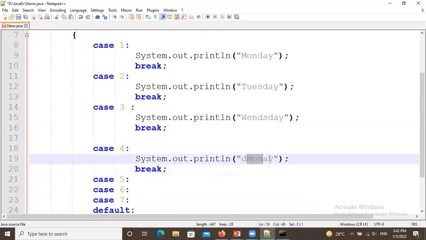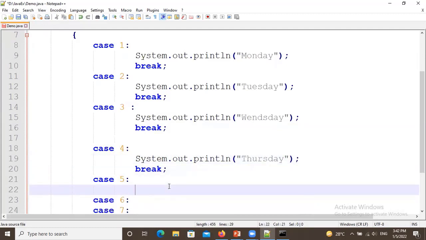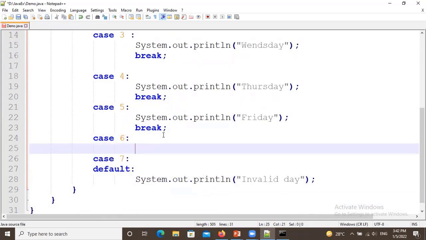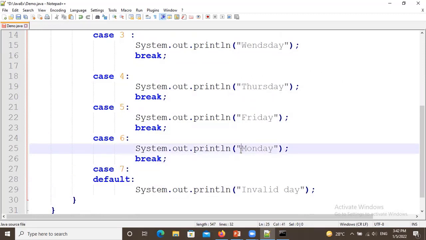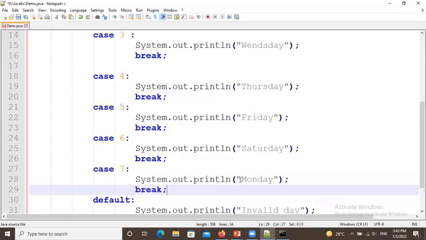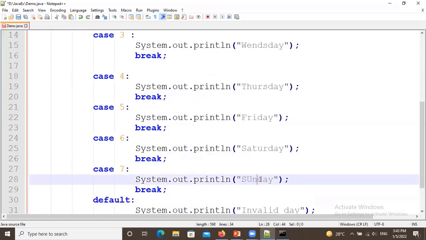Then after that Thursday, then Friday. Then we have Saturday. And then we have Sunday. It's my favorite day.